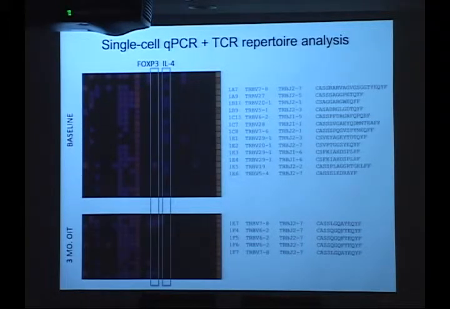allergy and peanut allergy, where this is an example of one person at baseline before they begin immunotherapy, and here 3 months after immunotherapy. Each line is a sorted tetramer-positive T cell, and I haven't labeled all the genes across the columns here, but I'm pointing out 2 genes of interest, FOXP3 and IL-4, and I don't know how well you can see it